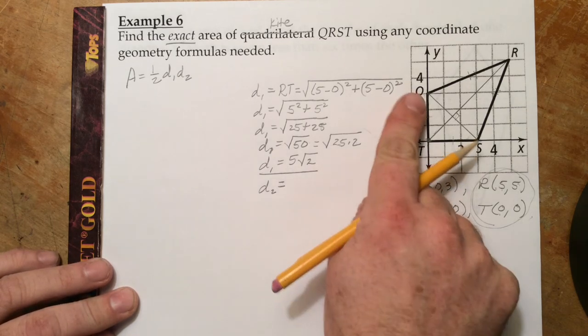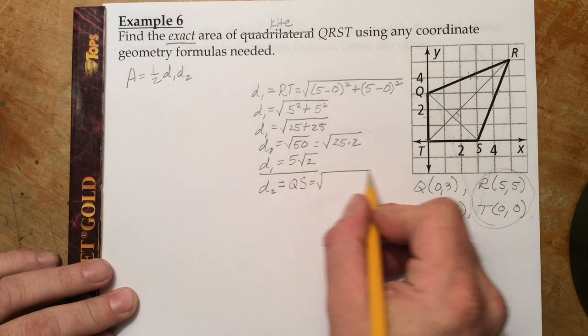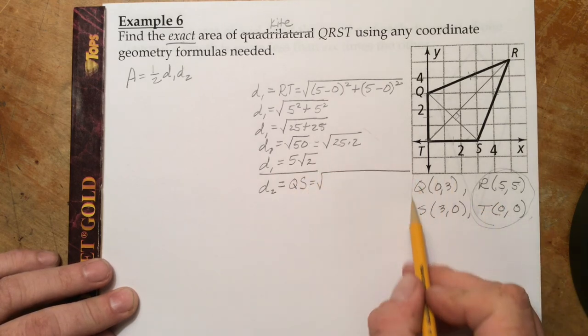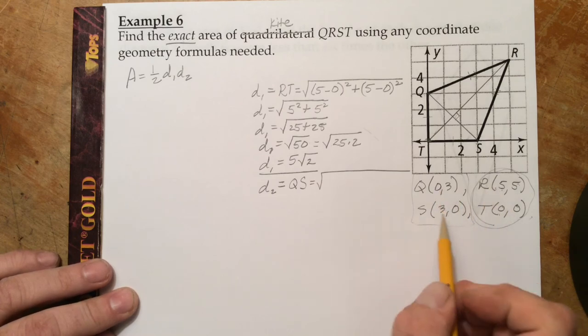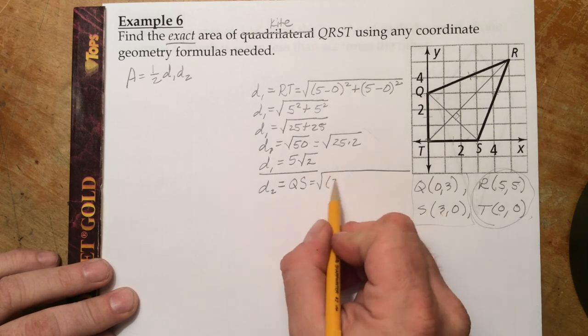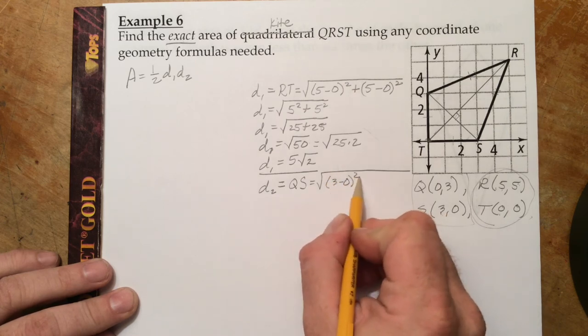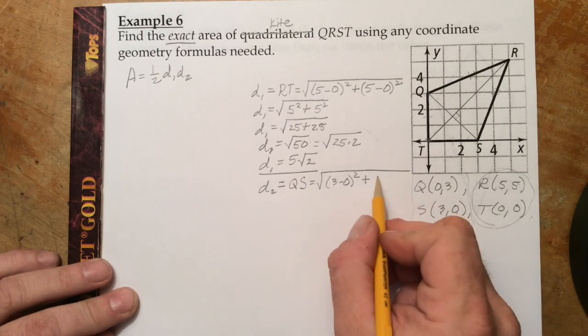Okay, for D2, that would be QS, which we're using the distance formula. We're going to use these two right here. This time I'm going to start with the x coordinates, of course. I'm going to start with 3, this one right here. So that would be 3 minus 0 squared plus, back over to the y coordinate here, that would be 0